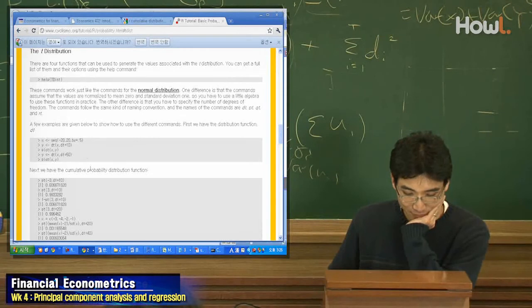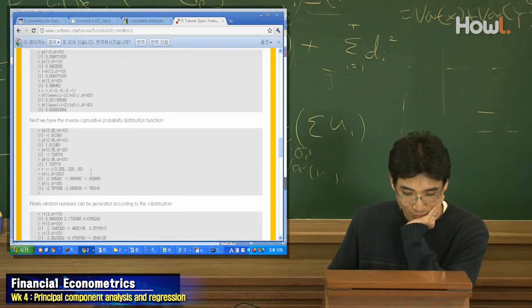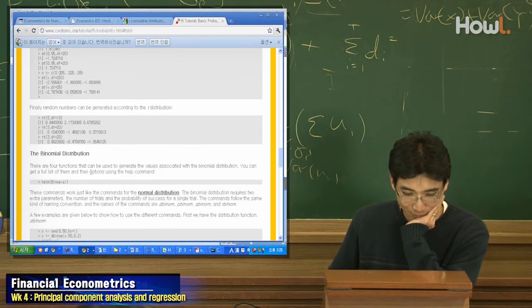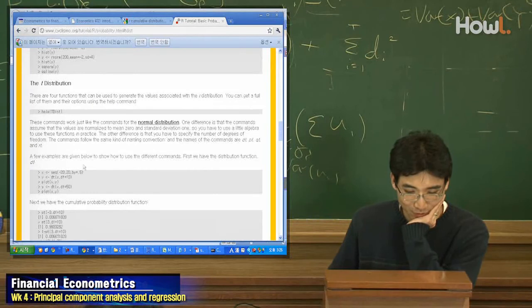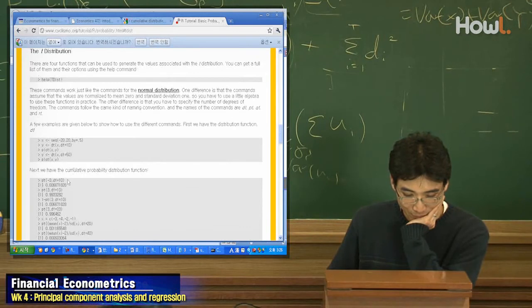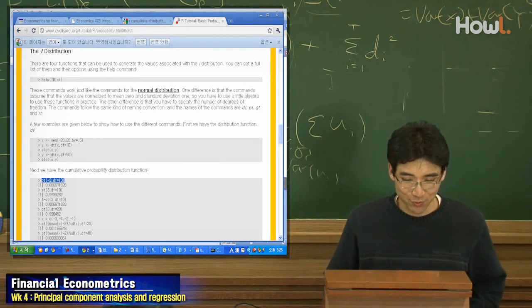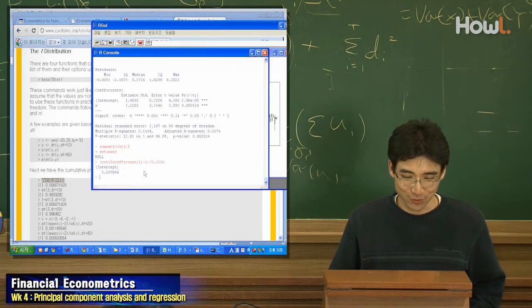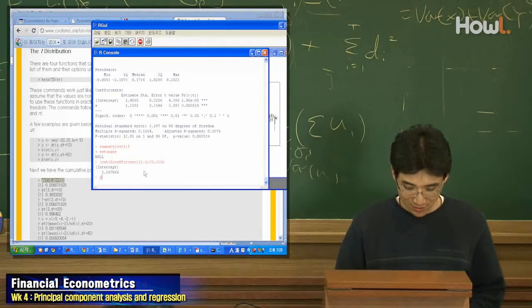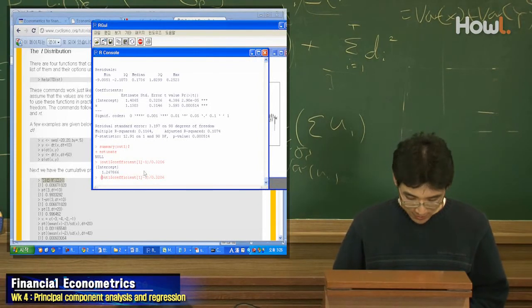T is normal distribution and inverse cumulative T by normal. Okay, T distribution, dt. PT is the cumulative probability density function. So what we can do is PT. Okay, let's go and PT,